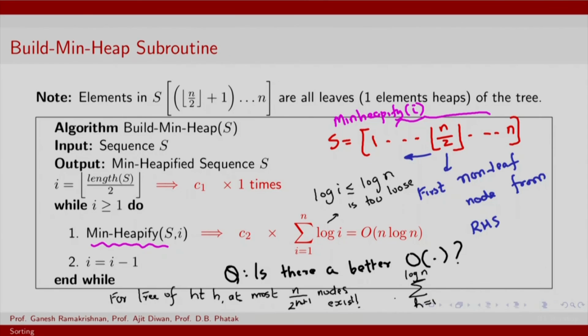right. This we know from the fact that an n element heap has height log n. So h equals log n, work backwards and find the maximum number of nodes in a tree of height h. So what we can do is add this scaling factor n divided by 2 raised to h plus 1, but this is now applied to a tree of height h. So you will of course have the original linear time complexity in the height. So we have just rewritten the expression here, which I am marking in yellow, slightly differently in terms of height,